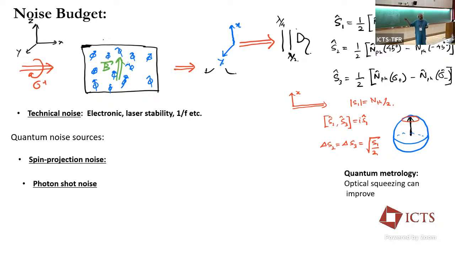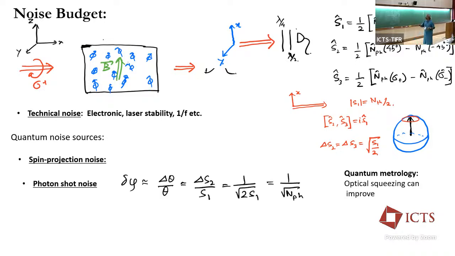There's a direction which, if I'm not mistaken, has not been very successful, but people have tried to spin squeeze the optical field, and again it is the same physics. Since you're detecting one quadrature, you can try to squeeze, and that takes you into quantum metrology. You can right away see the relative angular fluctuation. If you're measuring in an orthogonal direction, it is delta S2 over S1, and this goes as the square root of the number of photons.